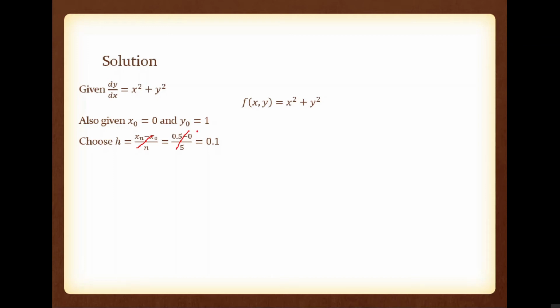So normally from an exam point of view, they will give the value of h is equal to 0.1. So these 2 terms are not required. But in real life, if you are asked to find y corresponding to x equal to say 10, and you are planning to take 1000 more points, then n equal to 1000, then what is h? h is equal to xn minus x0 divided by 1000, where xn is 10, 10 minus 0 divided by 1000. So like that way you have to take the h value. So here we are taking h equal to 0.1. So these 2 terms are not required. So now what is x1?